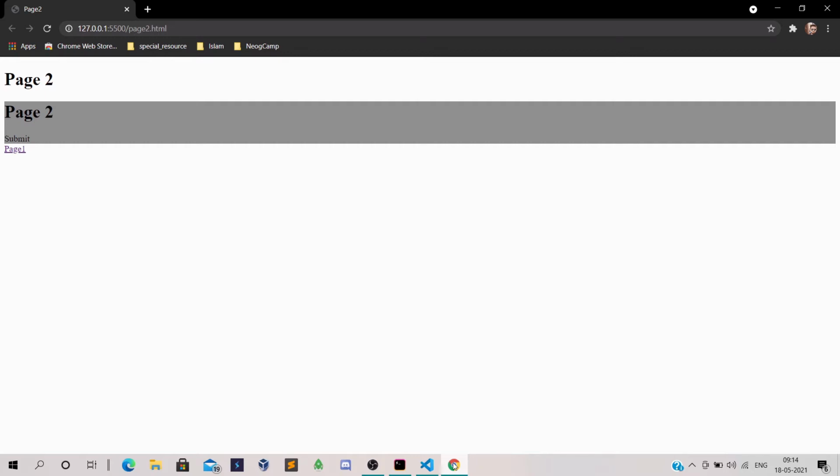Today I'm going to show you how you can redirect the page dynamically without using the form HTML element or the anchor element. Suppose I click on any text. On clicking that text, if you want to redirect to some other page, how can you do it dynamically using jQuery?